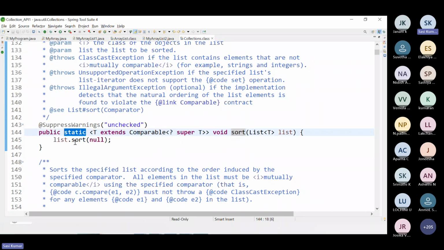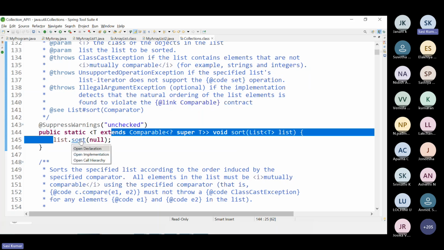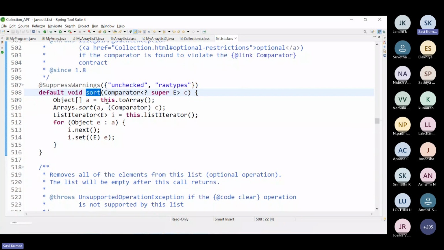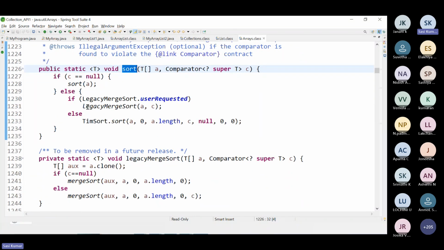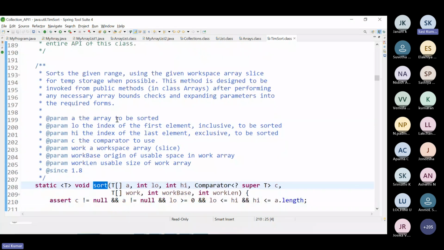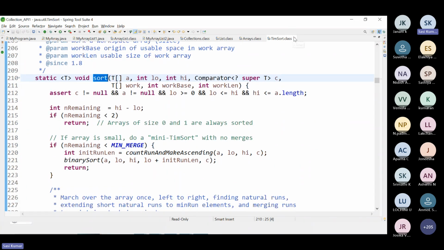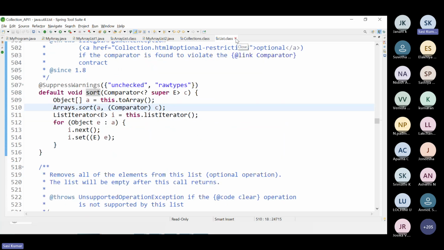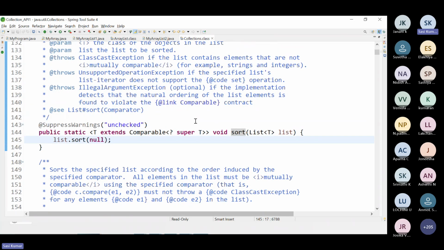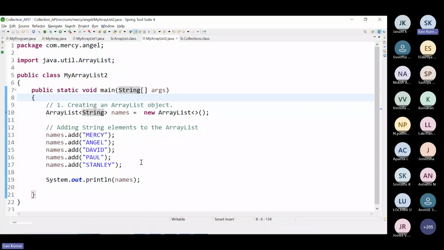You really need not worry how it sorts. They have defined many things. These are the code they have written. Internally they are calling the Arrays sort method, and again many logics are there. They have considered the best algorithms to write this sort method. You really need not worry at all about what is inside. What we do is simple. Again, let me print. This is before sorting.